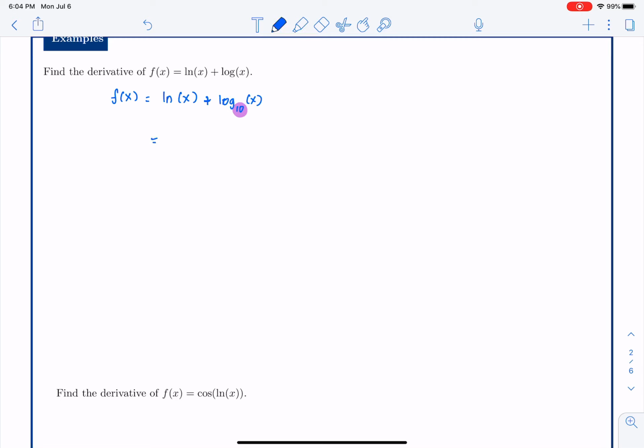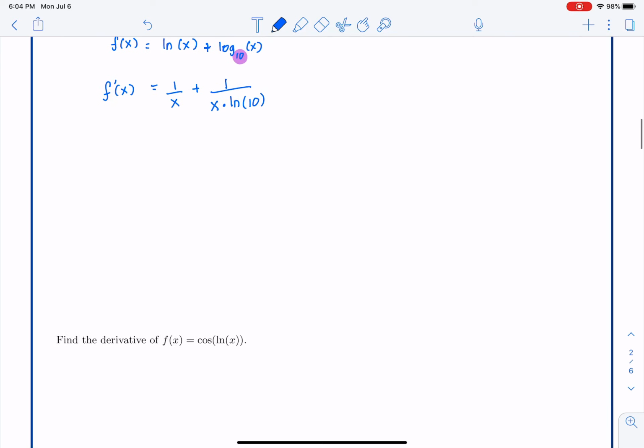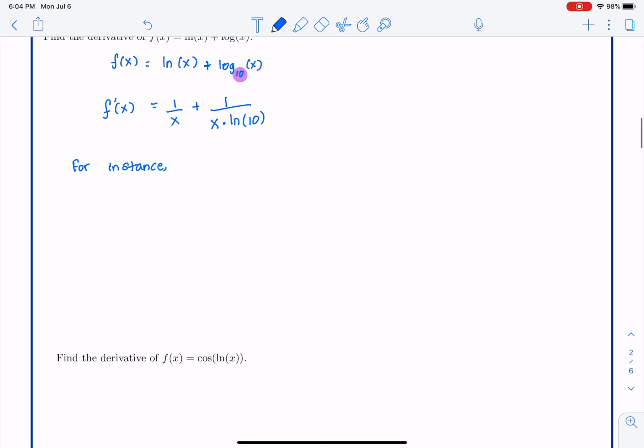The derivative of ln of x is simply 1 over x. But the derivative for any other base is 1 over x multiplied by the natural logarithm of the other base, which is 10. So the base plays a very important role when we take the derivative of a logarithm. So be very careful. So as a different example, for instance, suppose we wanted to find the derivative